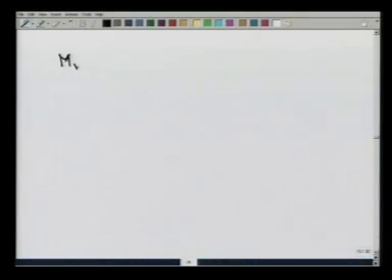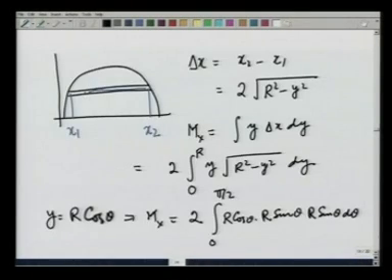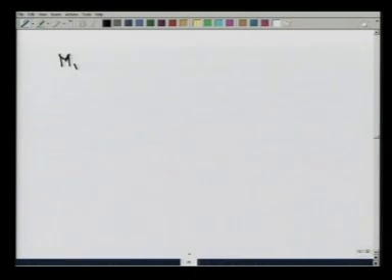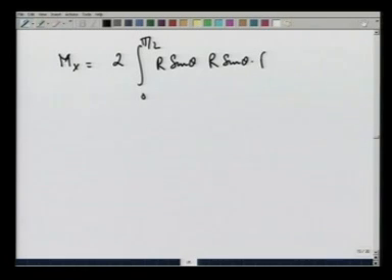So, this is Mx, equal to 2 times the integral from 0 to pi by 2 of r sin theta times r sin theta times r cosine theta d theta,